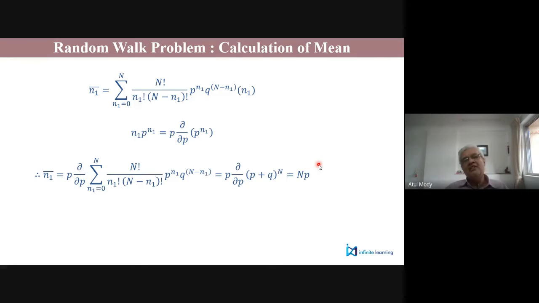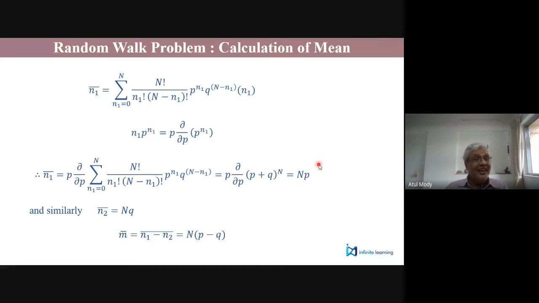then out of 20 steps, he will take 10 steps forward and 10 steps backward. So the total number of steps times the probability of taking a step in the forward direction will give you the average number of steps in forward direction. If I had told you that the forward step probability is 0.7, then out of 20, he would have taken 14 steps forward and 6 steps backward. And similarly, if you want to calculate, then N2 bar will be N times Q. And obviously, you can see if you add N1 bar plus N2 bar, you will get N because P plus Q is 1.